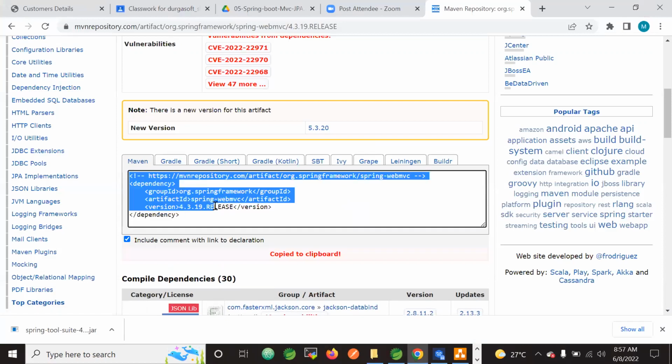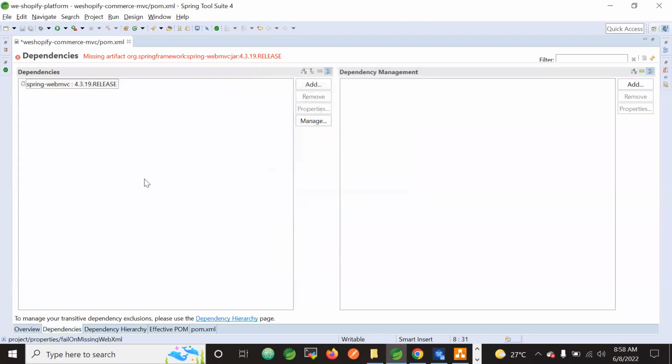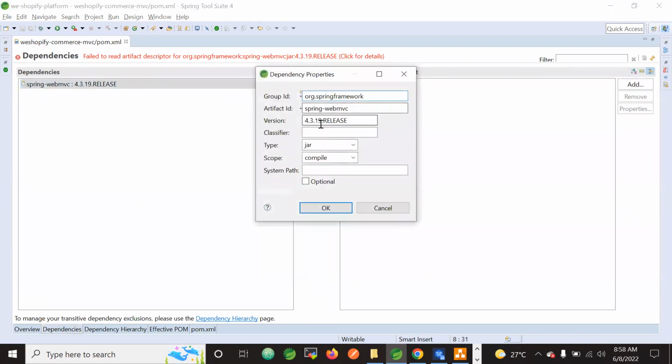No. Type is jar file. This is fine. Now let me save it. It is now downloading. Still it says there is no artifact with that name, but maybe let us go with the 4.3.18